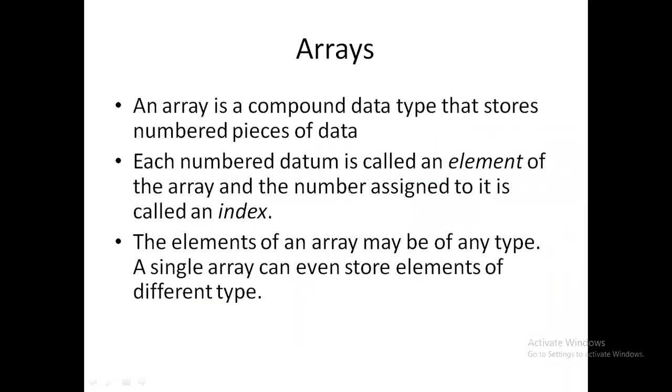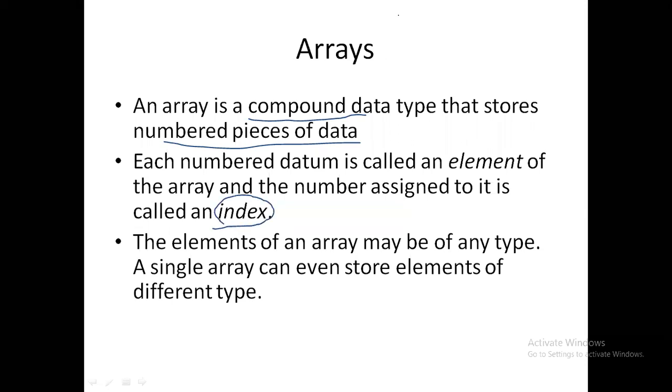Then coming to composite data types, we have two types: one is the array and the other is the object. When I go for the array, it is compound data, that is, if you have more than a single piece of data that I want to store, all the pieces of information I want to put into a single one, then that is called an array. Each array component has a number, which we call an index number.